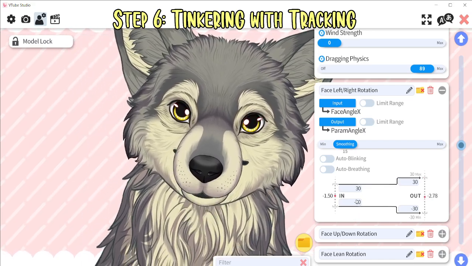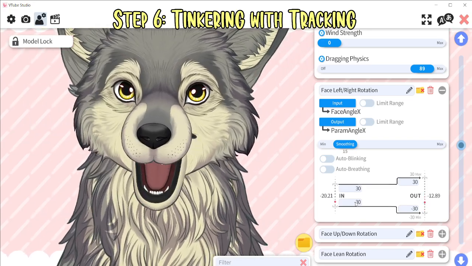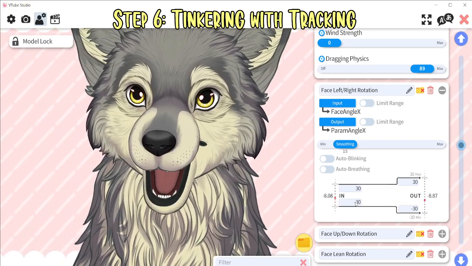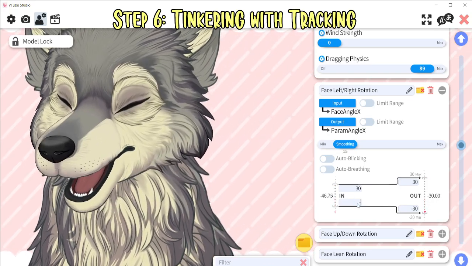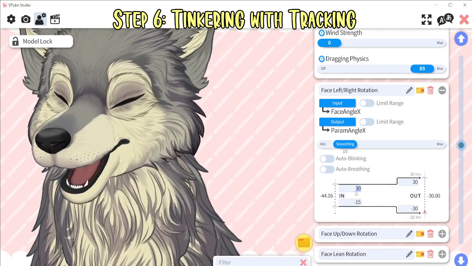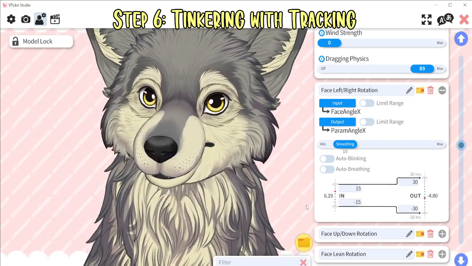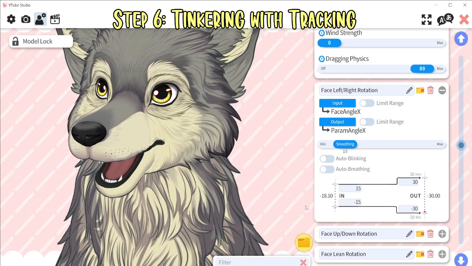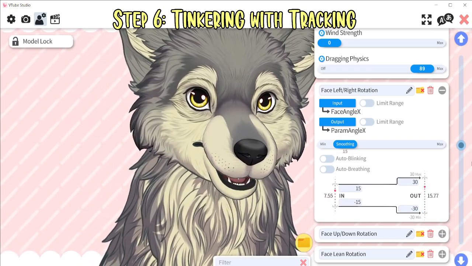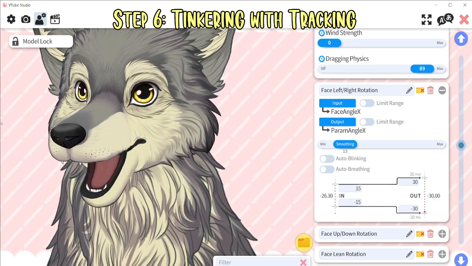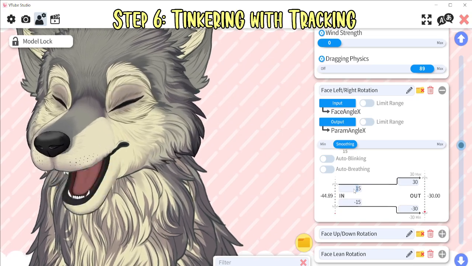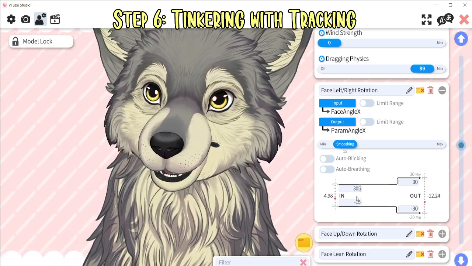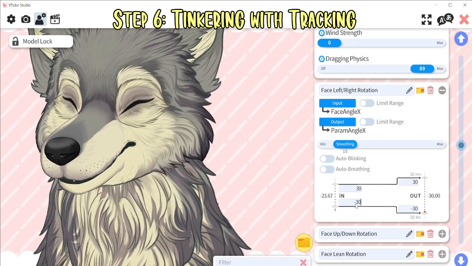Let's be real here. So if you want your model to have more movement without you having to twist your neck all the way to the other side of the room, you can actually lower the input here. There we go. So now I don't have to turn as far. Now I can just look from the edge of this screen to the edge of this screen, and he'll look all the way over there for me without me having to twist my head like an owl. Negative